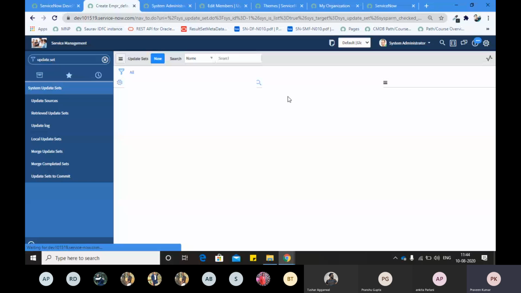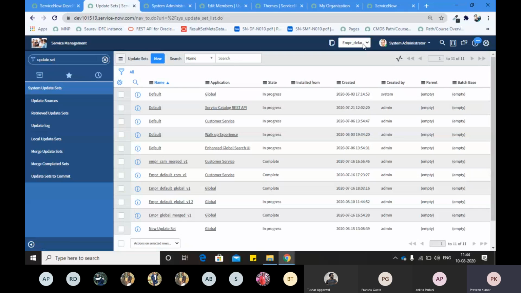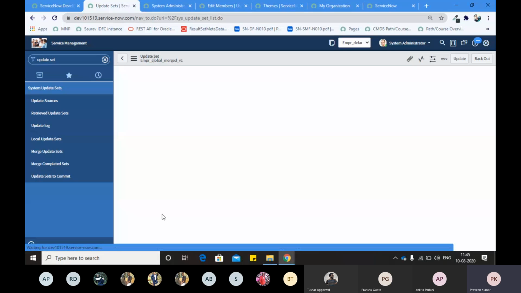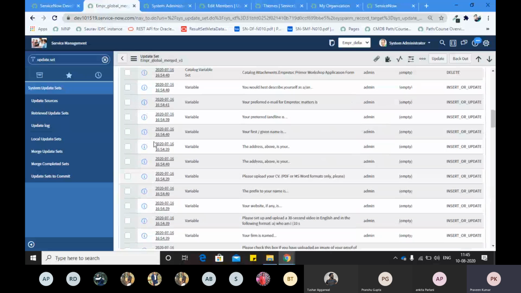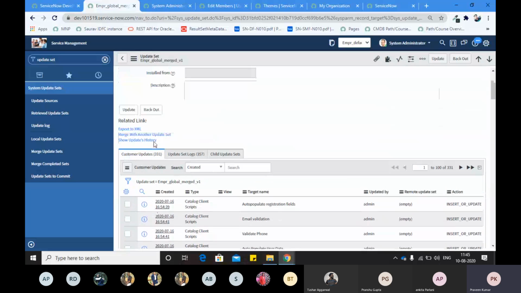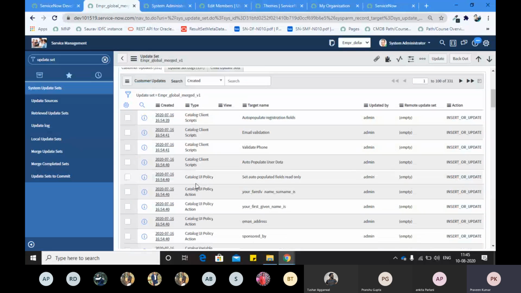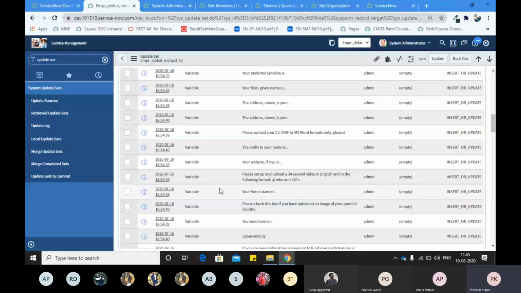You will see it says your current update set has been changed. You can see my current update set is the one I just created, right? So this is the way we can create an update set, and all the updates will come here in Customer Updates. You can see a lot of updates are already available because it is a previously created update set. So all the updates will come here, right? And you can see what kind of updates you have to move from here to your second or third instance, right? So this is the update set.